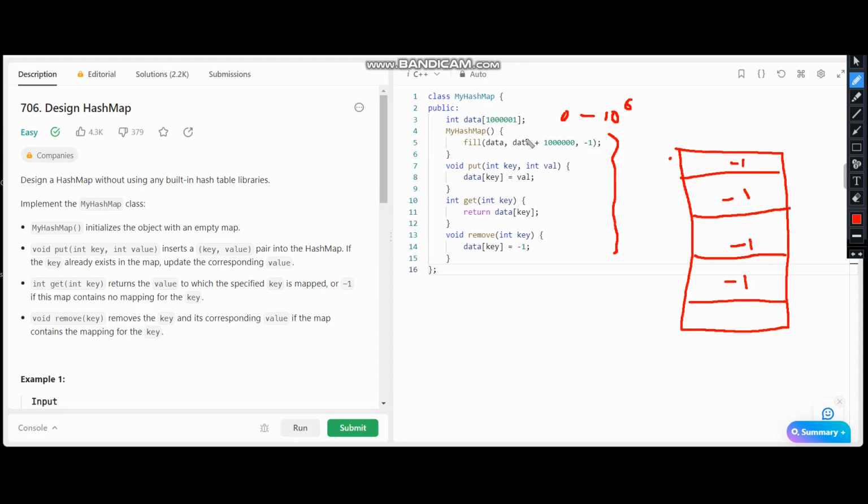As I said, this is not the real crux of a hash map, so we will take 10 to the power from 0 to 10 to the power 6, right? And suppose we have the key 0, so data of 0 is basically this location, and when we place our key, suppose the key is 100, we will place our key here, and if we encounter the